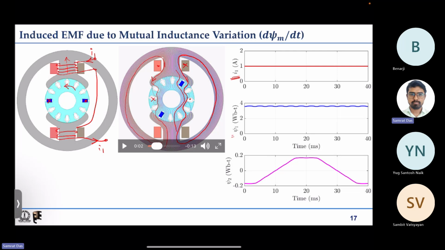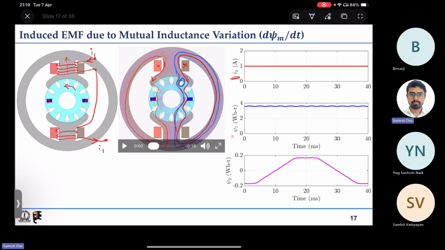You can see that the other flux line which I drew earlier actually goes on like this, and it encloses this conductor, but the red flux line does not enclose any conductor. That means for this rotor position, the red flux line does not link the blue conductor. But earlier, all the flux lines were linking the blue conductor. That means as the rotor starts rotating, the flux linking the second coil starts reducing,